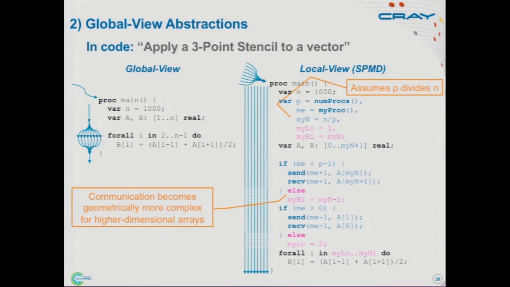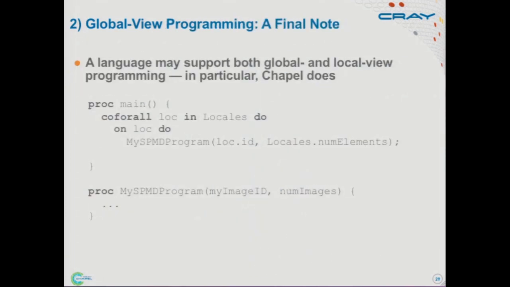All right, so this is the global view. We want you to be writing and thinking, or at least able to write and think, the way the code looks on the left over there. And able to is really a key distinction here. Because a lot of people say, well, I'm an HPC programmer. I need to control everything because I'm a control freak, and I need every last scrap of performance, right?